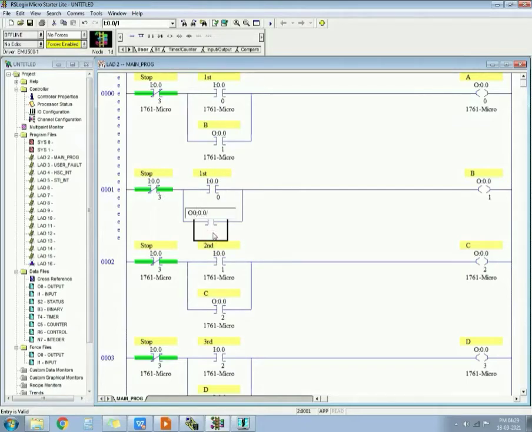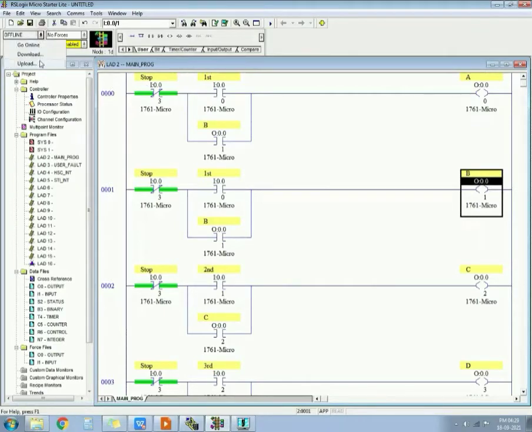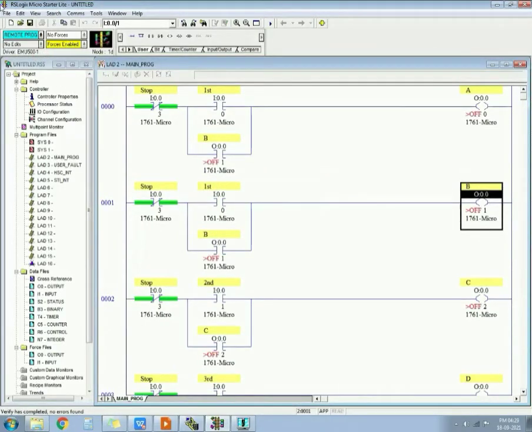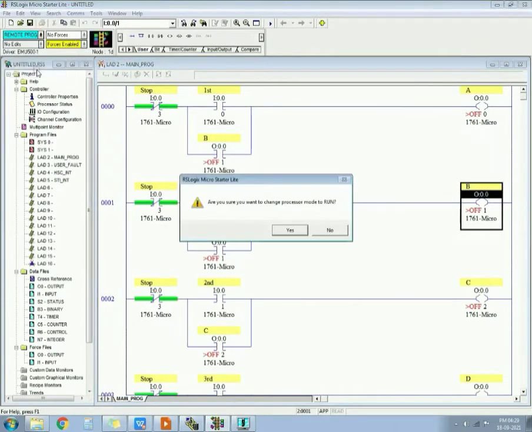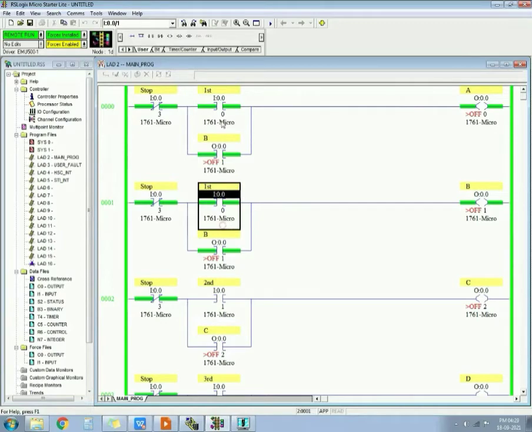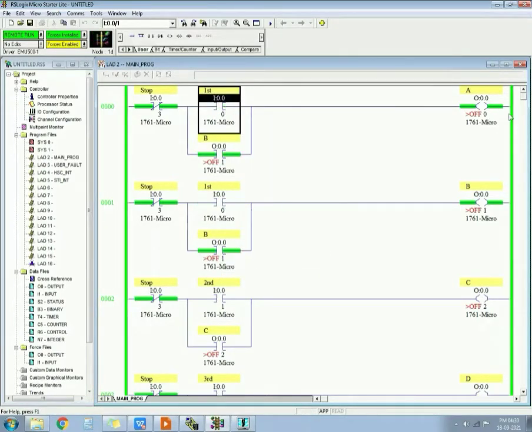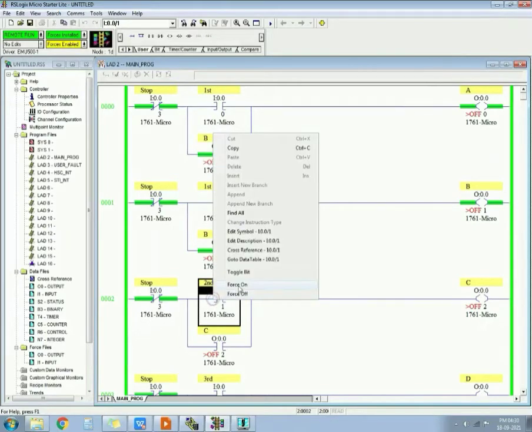You can take latch for B over here and 1. So when we first press this push button, A gets on and output B also gets on. Okay, see, I will show you. This is the alternate solution for question number 6. When we press this, A and B get on because this and this have the same addressing. So when the first push button is pressed, A and B get on.